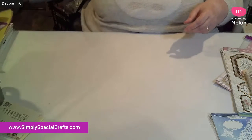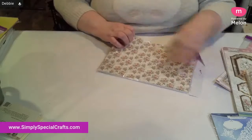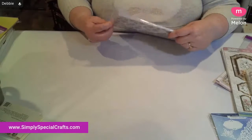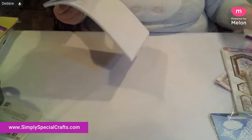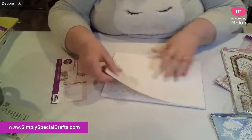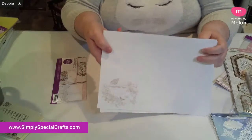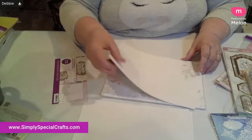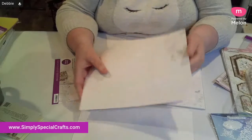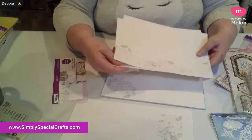And we have the inserts, but one of the things they did with this one that I really love, I love it when they do this, the inserts for this pack also have double-sided papers with them. So we have 36 sheets in total, and that means that we're going to get 3 each of the 8 pieces of cardstock. That's what they're doing, 24 of those. And then we're going to get